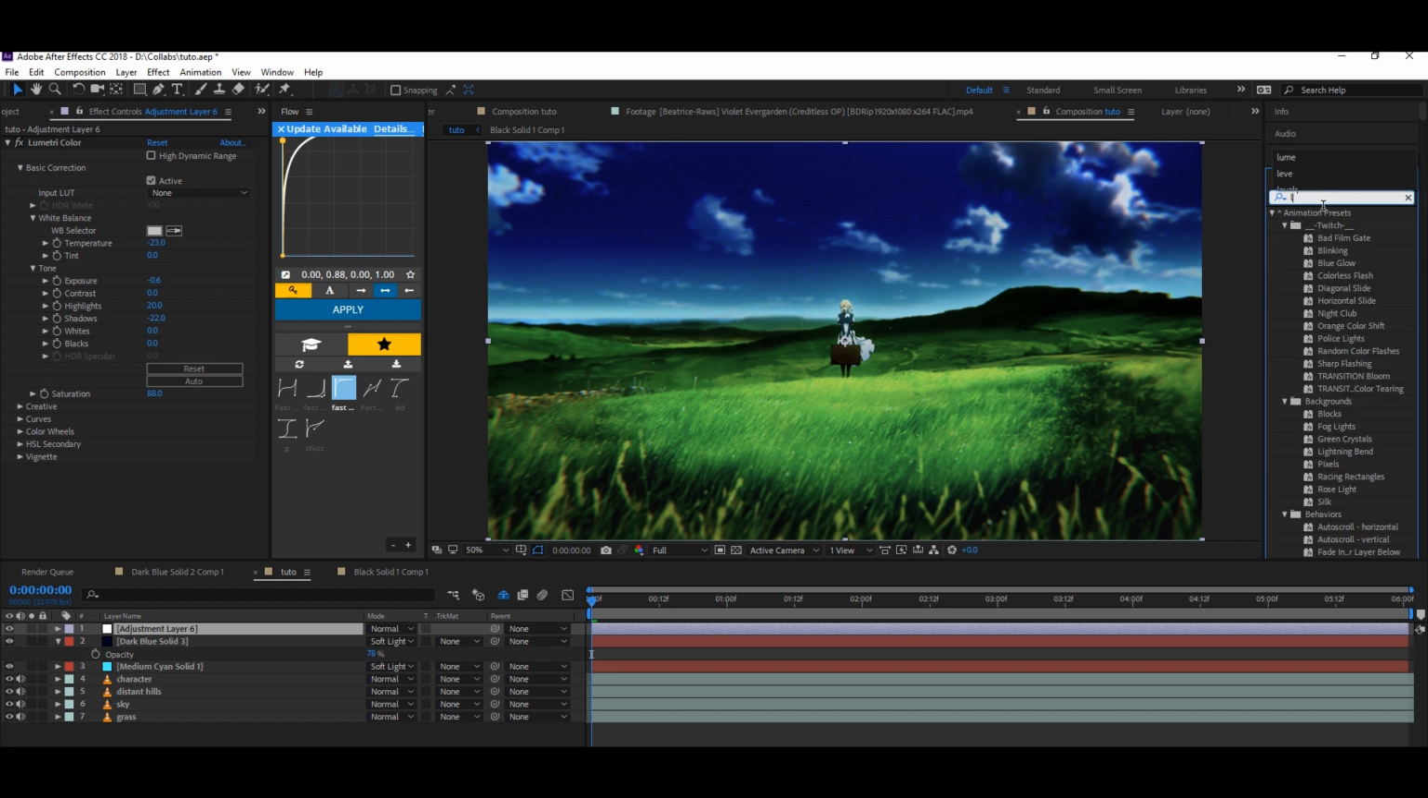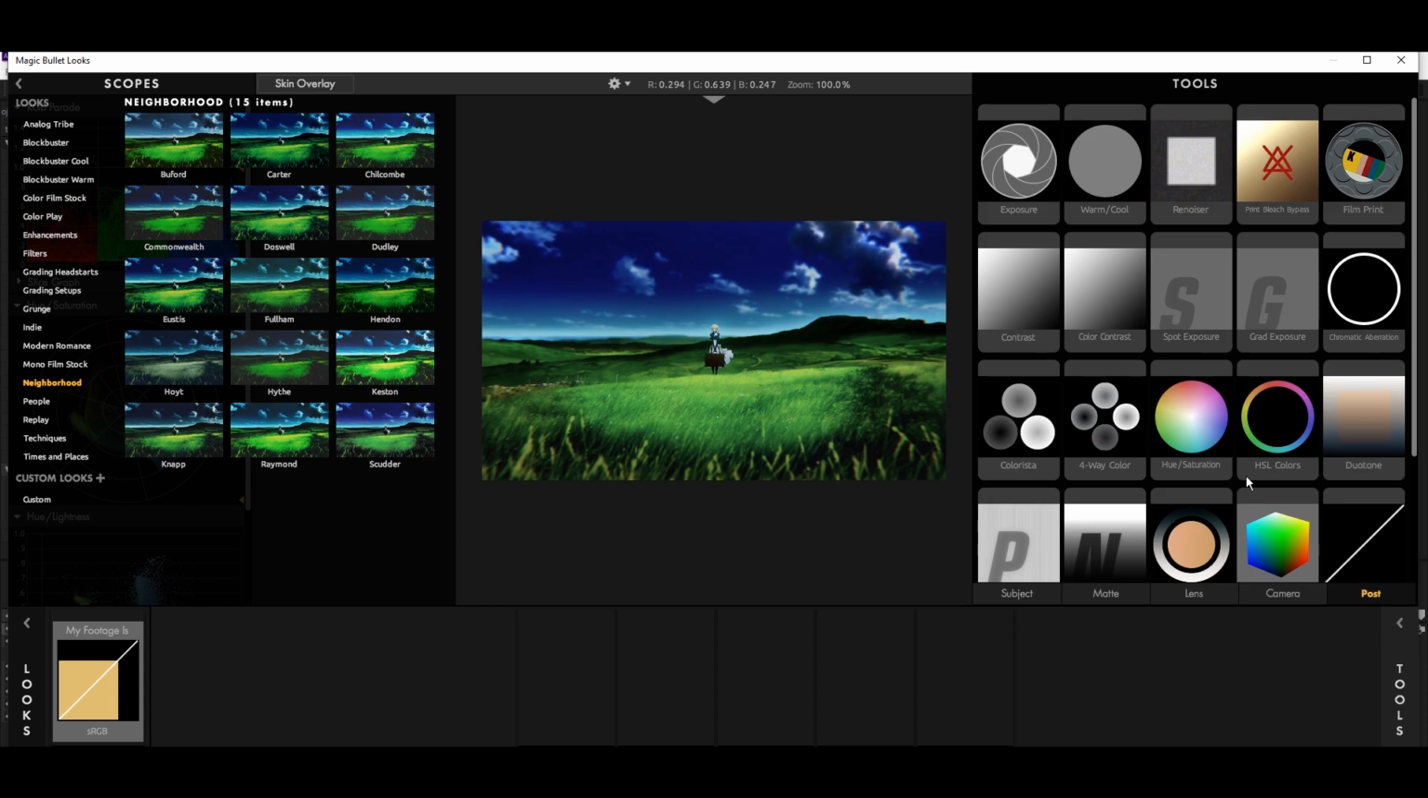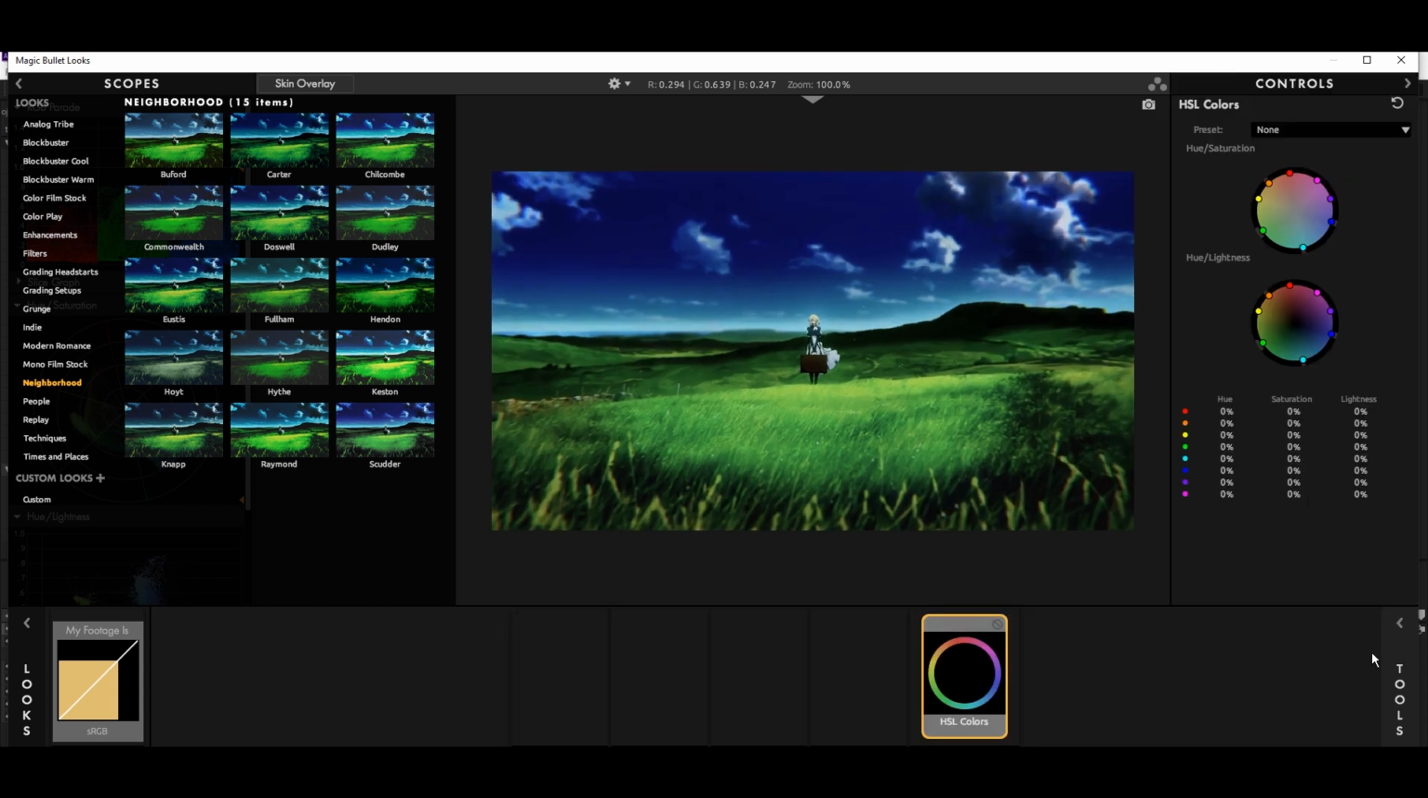Now we're just gonna add Magic Bullet Looks. This is a plugin, make sure you have it. So go into looks, add some HSL colors. For a night scene, you basically want the greens to be a lightish blue color. So drag this point and push it towards a lightish blue. You can definitely see this now looking more like a night scene. You can mess with the values here if you want to be more accurate. I don't want it to be desaturated that much, so I'm just gonna turn up the saturation a bit, like -13